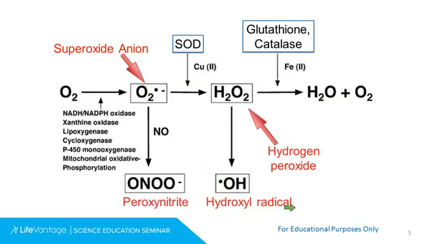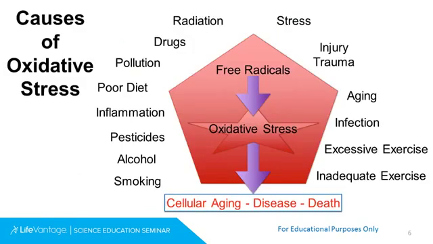So eating food causes free radicals to build up in your system, just everyday life. But if you're deficient in the SOD and the catalase and the glutathione, you're going to have problems as those free radicals cause damage to the cells. So in addition to just normal metabolism and eating, there are other things that cause free radical damage in our bodies. And here's just a list of some of those things. Smoking, alcohol, pesticides, poor diet, inflammation, pollution, drugs, radiation.